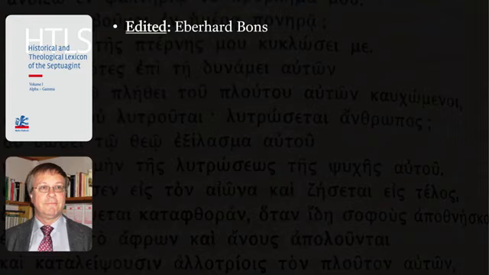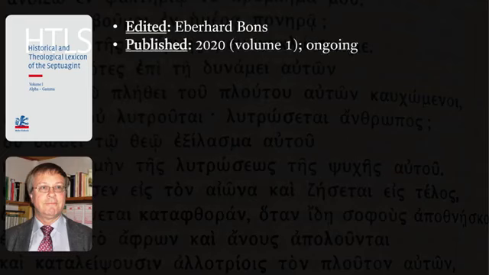Let's turn now to our third and final example, the Historical and Theological Lexicon of the Septuagint, sometimes abbreviated HTLS. The general editor for this project is Eberhard Bons, although there are numerous contributors that are making it possible. And the first volume that you see on screen there covers alpha through gamma, so not a large section of the alphabet, and came out in 2020. There are plans for 5 more volumes to finish out the alphabet. I don't know the exact date for all those, but it is an enormous project sponsored by Mohr Siebeck there, and it's a huge undertaking.